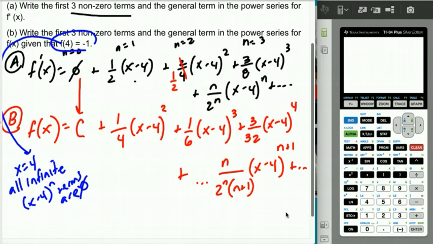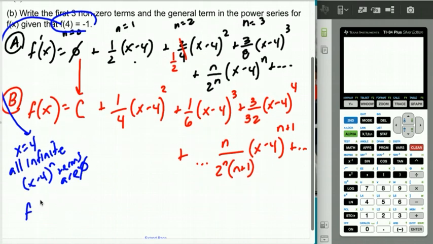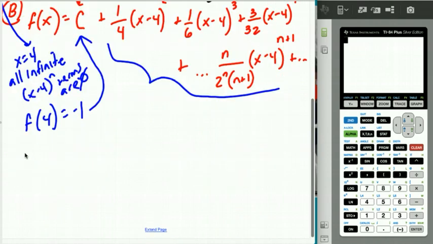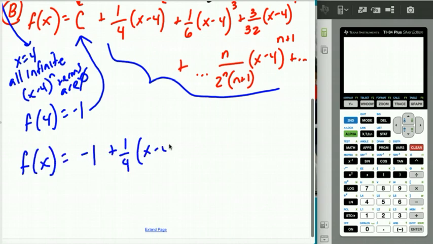So what happens is that if f of 4 is negative 1, all of these terms got knocked out, and the only thing left was a negative 1. Oh, hey, that c has to be a negative 1. So it turns out that I don't need that fourth term because c wasn't 0. So my answer to b is that f of x is